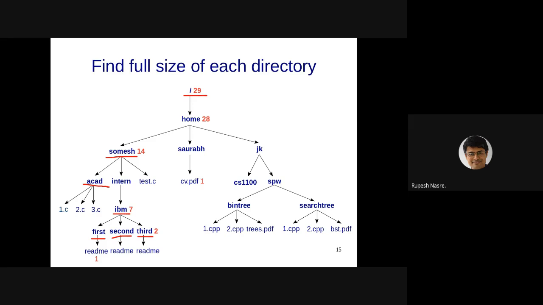Andrea says directory size, pointer to node RR. If RR arrow children equals null, return 1. Okay. Else return 1 plus directory size of RR arrow children. So, yeah, a couple of points here. One is that RR arrow children is a dereference. So we have to first check if RR is non-null. So that requires us to also take care of the base case where we need to return 0.